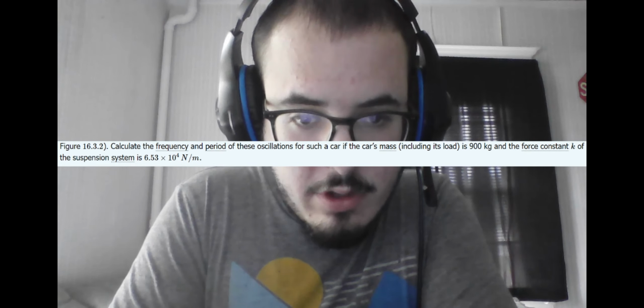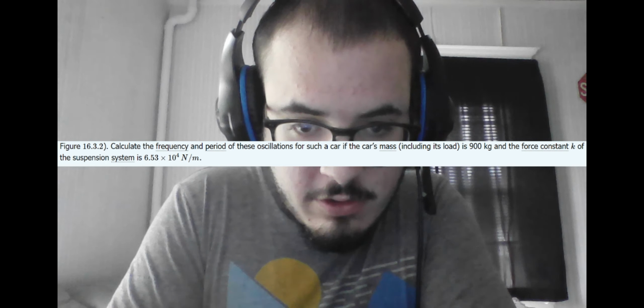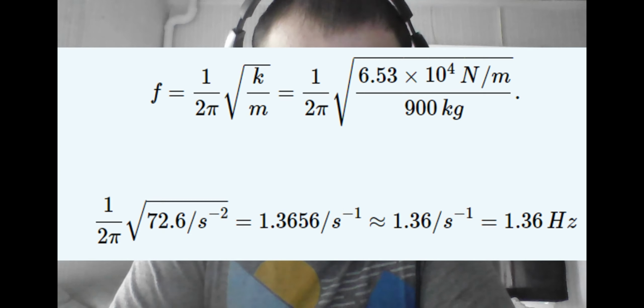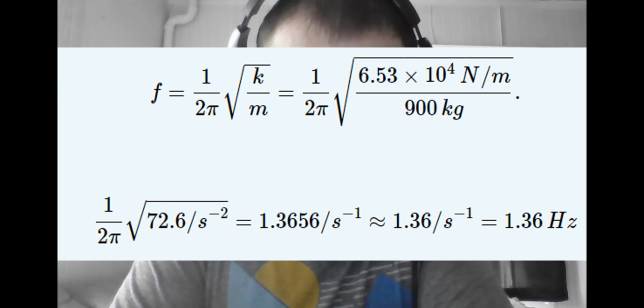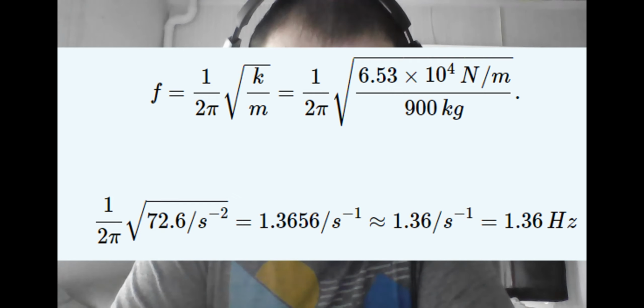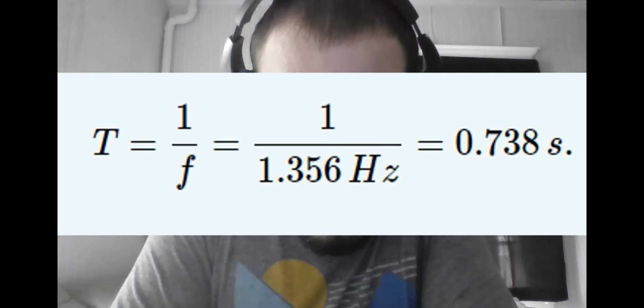We would do this by entering in the stiffness and the mass as given in the beginning of the problem into the period formula, and then remembering even though a frequency formula was not given explicitly, we can deduce it as 1 over period, so we simply flip the numerator and denominator in the period formula. Once we plug in all of our numbers, we get the frequency is 1.36 Hz, and the period is 0.738